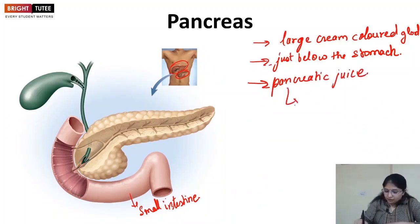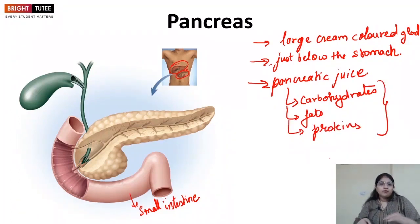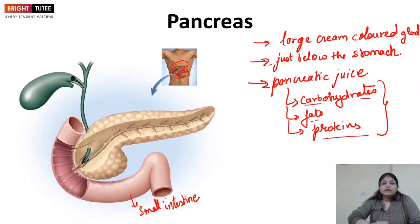right? And this pancreatic juice acts on carbohydrates, fats, and proteins, right? What they do is that they change these nutrients into their simpler forms, and these are the simpler forms which are digested or absorbed by the body, right? So carbohydrate, fat and protein are comparatively complex structures which cannot be utilized by the body as is, right? So the digestion of these parts into their simpler form is important so that the body can absorb